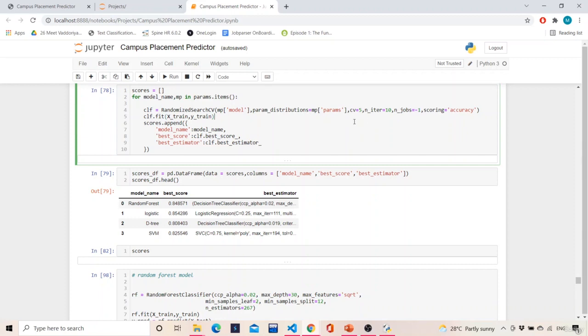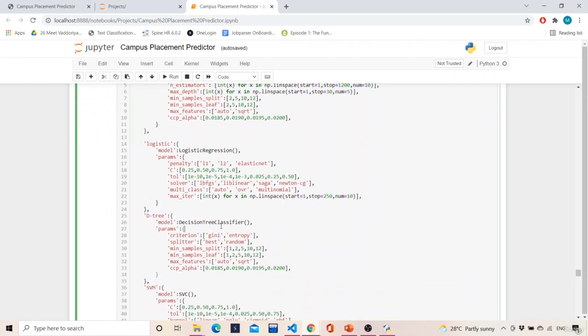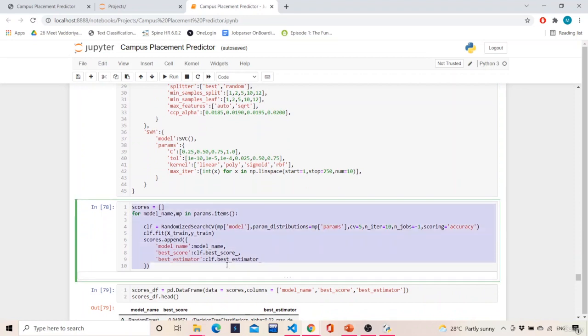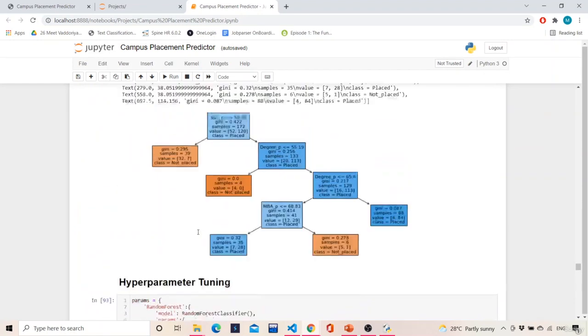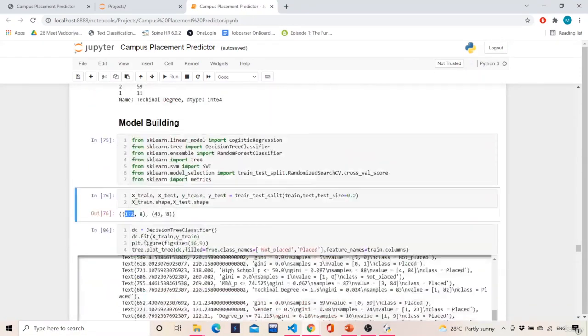So how many iterations will this work? 5 into 10 is 50, and how many classifiers did I define? 1, 2, 3, 4. So there are 4 classifiers. So 50 into 4, 200. So this entire loop will execute 200 times. But as the data set is a little small, the X_train and y_train shapes are almost 172 only, so it will not take much